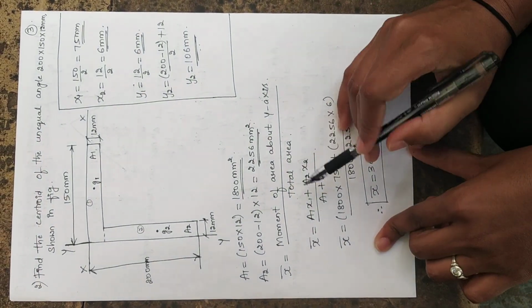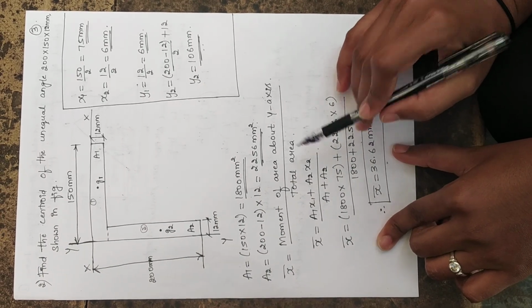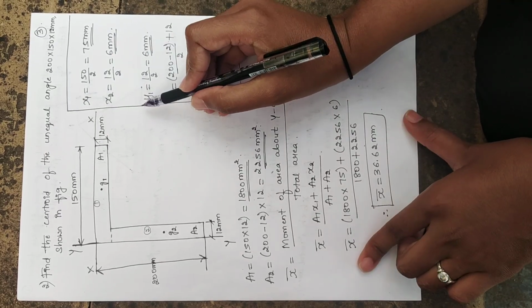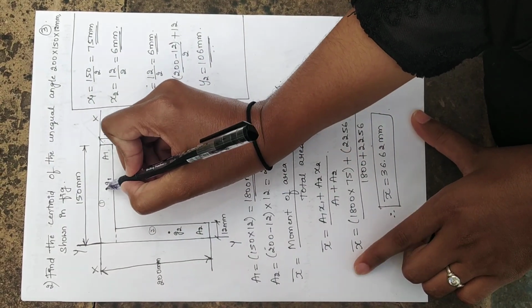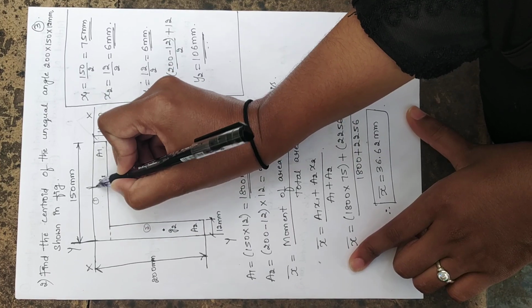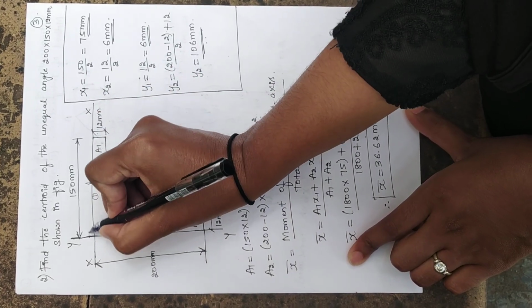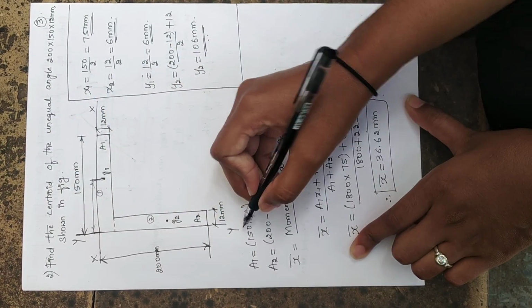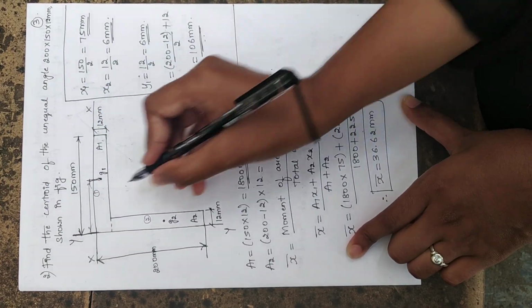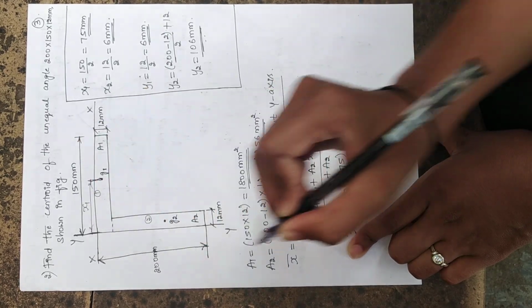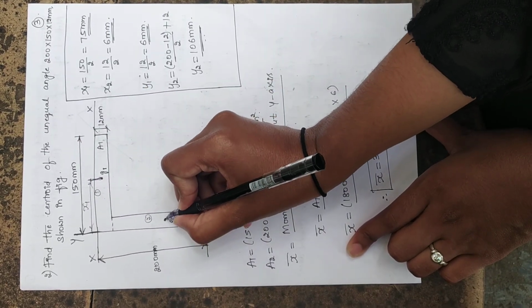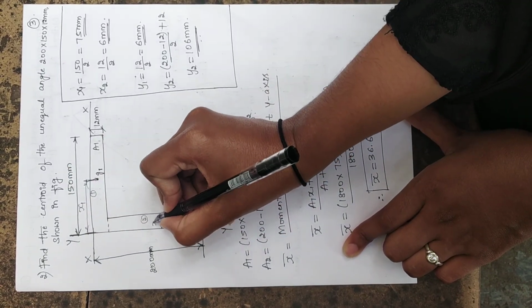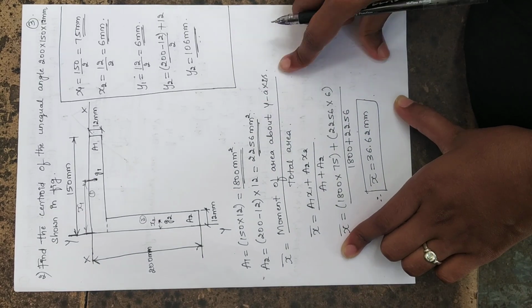Now let us find the values of x1 and x2 first. To find the value of x1 and x2, these two distances are with respect to the YY axis. For example, see, this is your first portion from this centroid up to the y axis. Somewhere here exactly at the end of the section I am considering the YY axis. This horizontal distance is x1. Similarly, from the center of the second portion to the YY axis, the distance x2 is taken. Now let us find these two values.